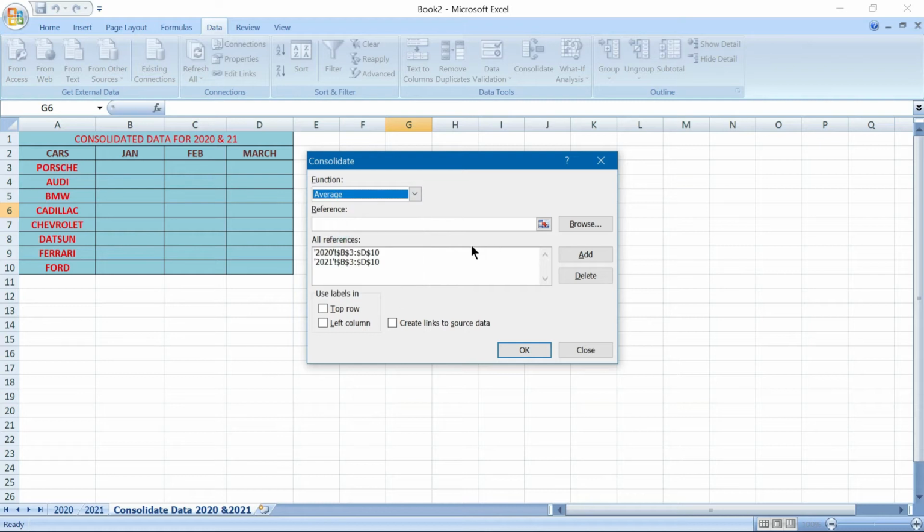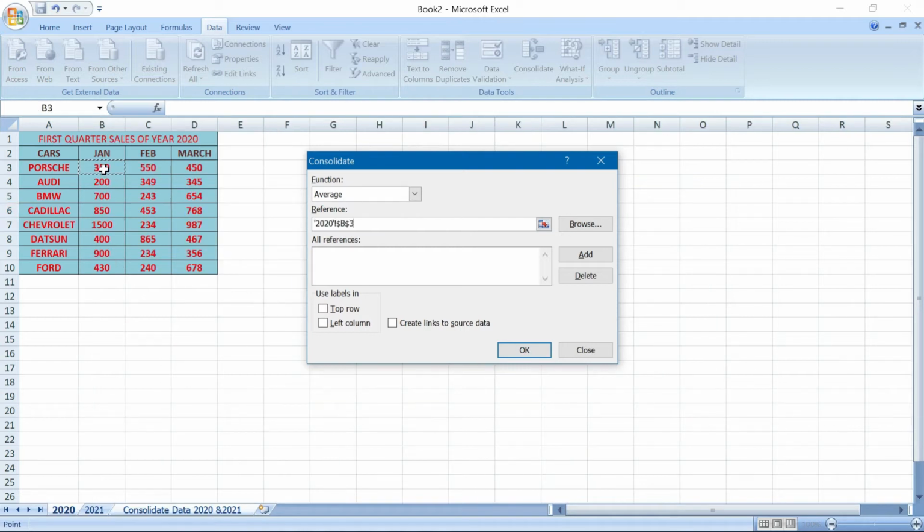Okay, average you are doing, and already this data sheet has been chosen, with this particular thing we are finding out the average. Okay, if you want to delete it also, you can delete, remove this, and you can do the reselection. Okay, so we are doing the average. Okay, we are going to that particular cell, constant cell. Okay, first of all, you see this sheet will not be active when you are in the function, you have to bring in the reference and click, then only this will become active.